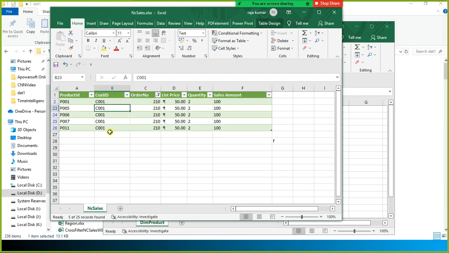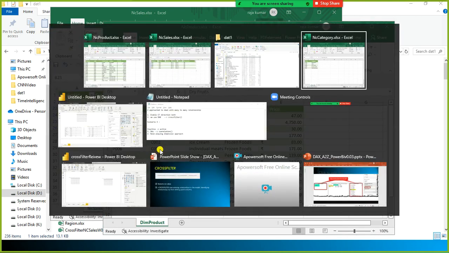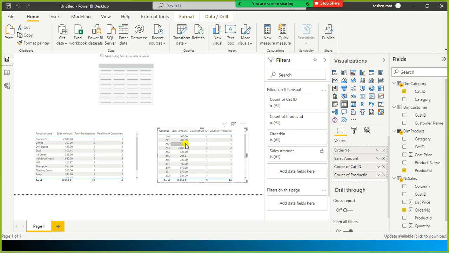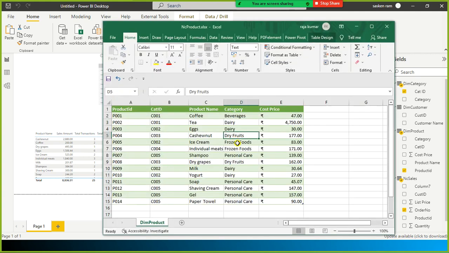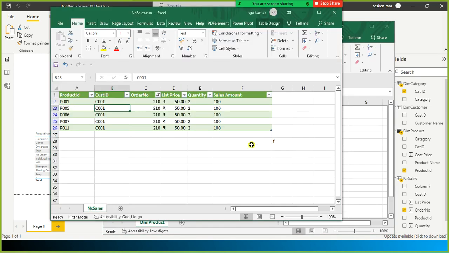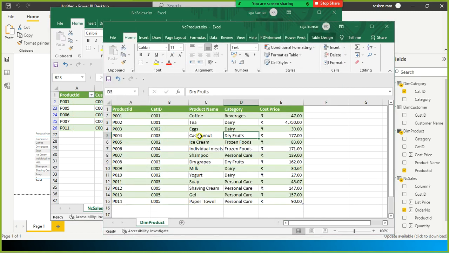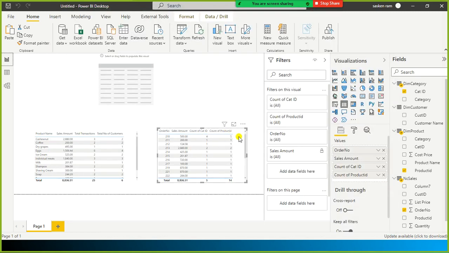We could see that 5 orders are there for 210. When you look here, in general we have 5 different products, P001, P005, P006. Here we are looking at the number of products in each order.